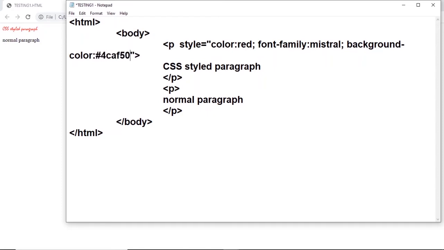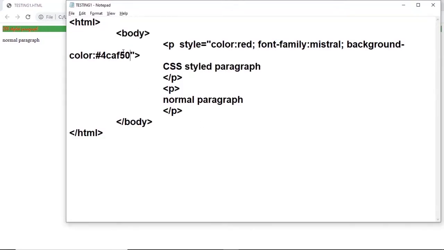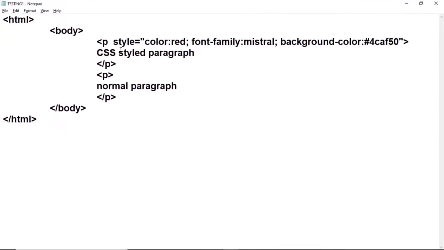For these color codes, you can go to htmlcolorcodes.com. You'll find all the color codes of different colors. You can add the color codes like this. Save it, go back to this one and refresh. You can press this button for refresh, or you can use the F5 shortcut on your keyboard. You can clearly see that background color is coming for that particular paragraph. You can add so many other things apart from background. So this is the basic example for inline CSS.